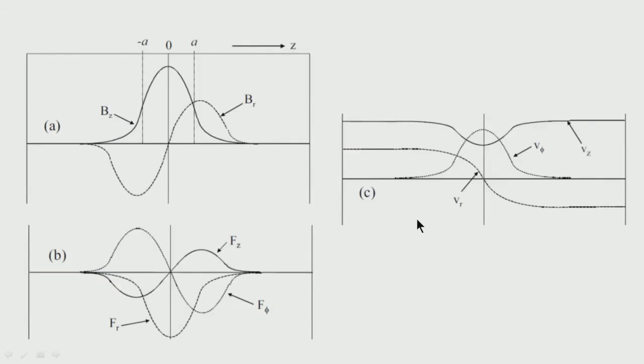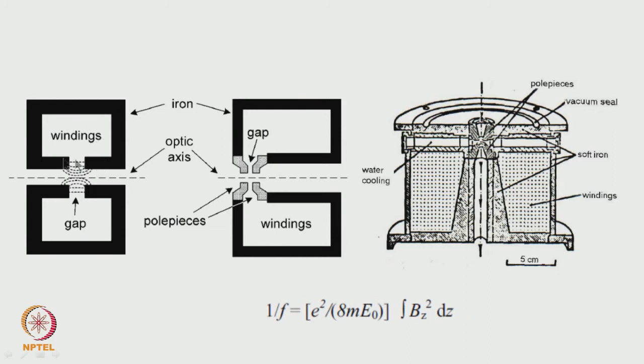The net effect is that an electron which is deviating from here is brought back to a focus. So, this solenoid acts like a lens. The solenoid coil itself can be surrounded with soft iron pieces so that they capture all the field, and with that we can have lenses with different types of shapes. This is one pole piece gap which can be generated, and another soft iron piece can be attached, so that we can have a pole piece with a different type of gap.